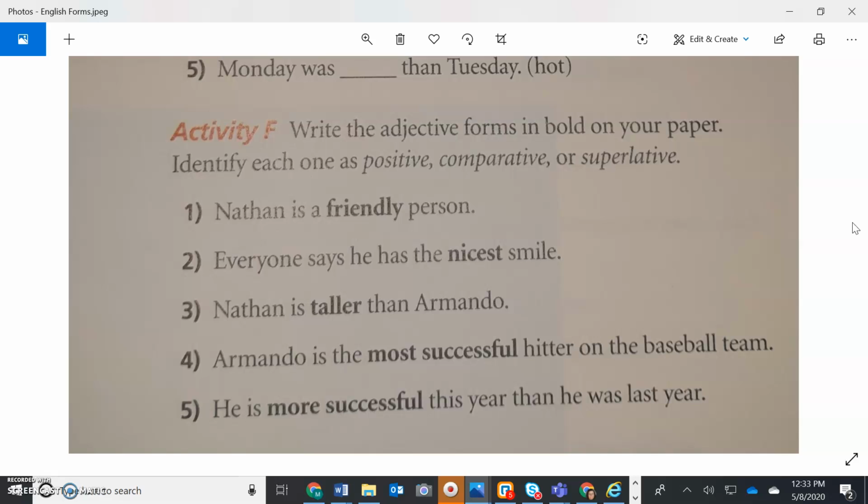So it's going to be number 1, positive, number 2, superlative, number 3, comparative, number 4, superlative, number 5, comparative. And there actually is a hint. To compare, comparative. To be super, superlative. So super is being the best, and you can see the word super there. So anyway, now you're done. So please get ready to